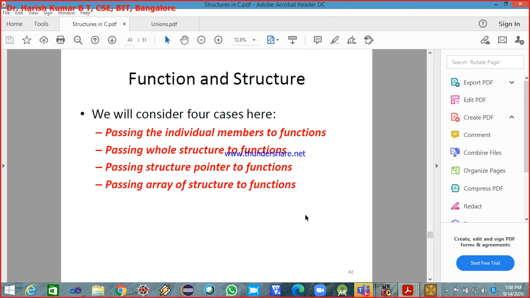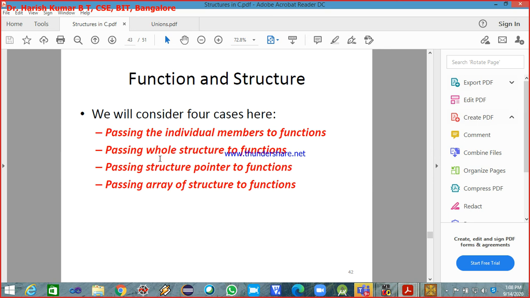Next, functions and structures. Sometimes we need to pass structure members to functions as arguments in order to get our computation done. Here we consider four cases and discuss how we pass the members of the structure as arguments to functions. The first case is passing individual members of the structure to the function, and the second is passing the whole structure to the function.